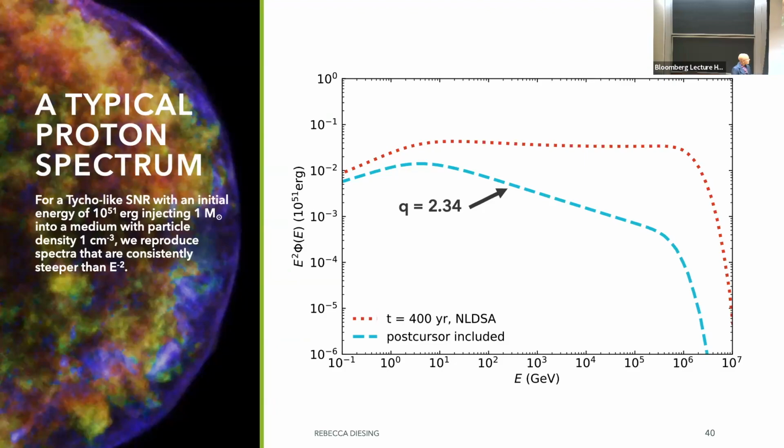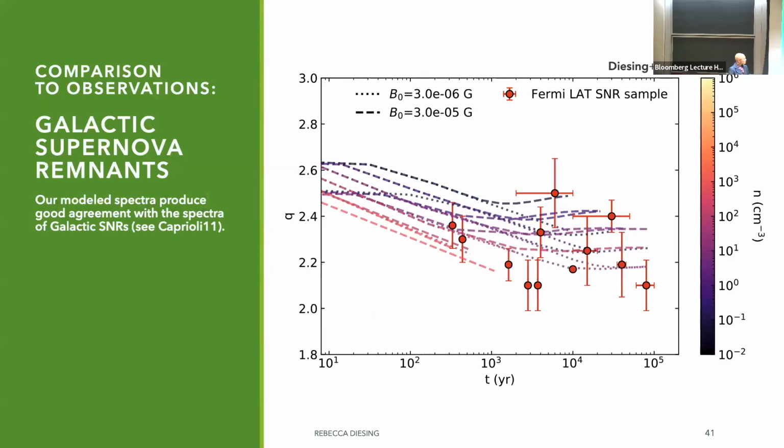We can then take this a step further and do a parameter sweep. So here I went through and did a bunch of different toy model supernova remnants, in this case expanding into uniform media, but I varied the density just to see what would happen. And you can see the slope we get out, with the different models shown in these lines. The shock age is shown on the x-axis, and you can see that there's relatively good agreement with the real slopes inferred from actual supernova remnants. This is from their gamma ray emission.